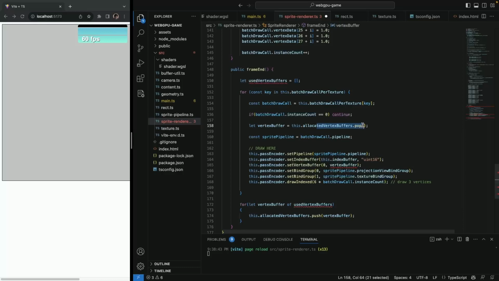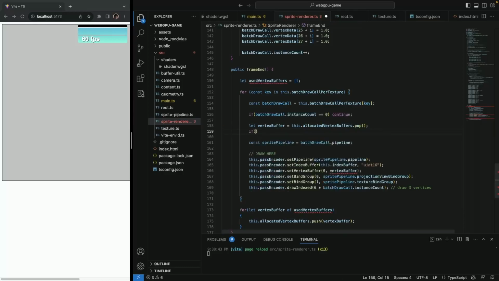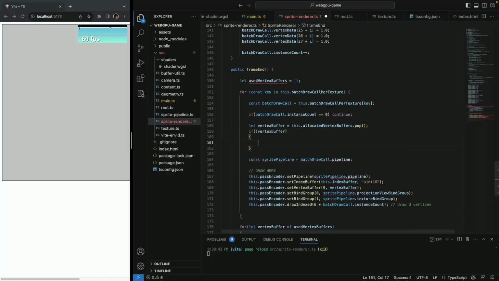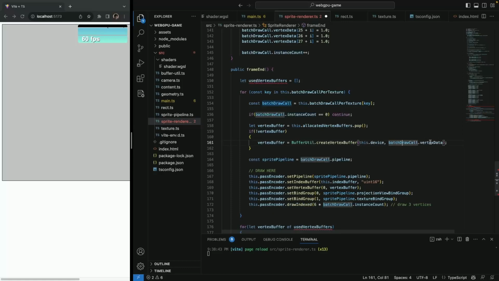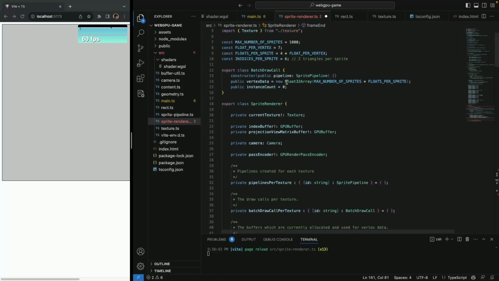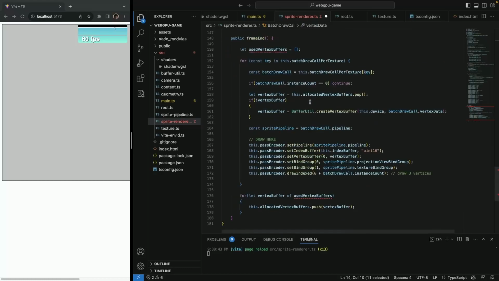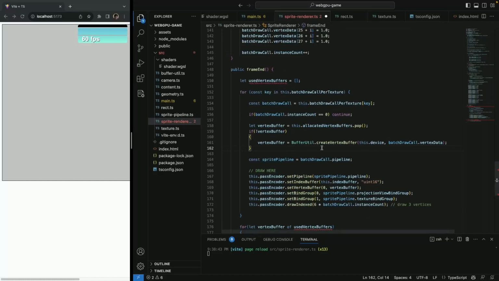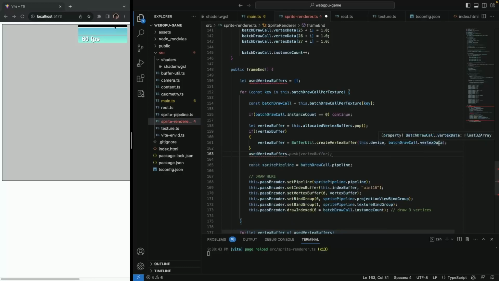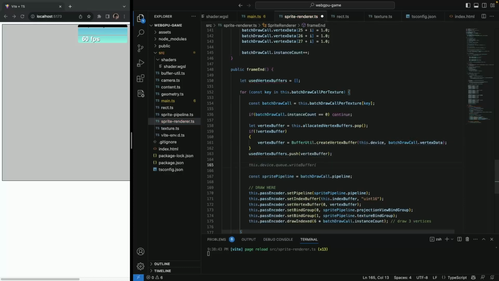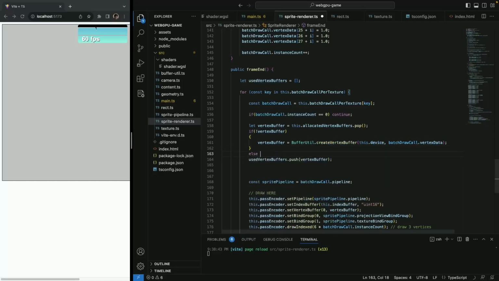So we're going to check from allocate vertex buffer. If there is no vertex buffer, then we actually need to create it. We're going to create it with our batch draw call data, so our data from here, right? That's what we fill in. And then, actually we don't even need to fill it in. Yeah, we do, but if it doesn't exist, we can just say here else